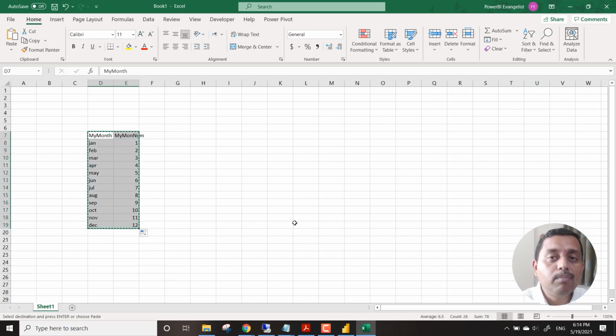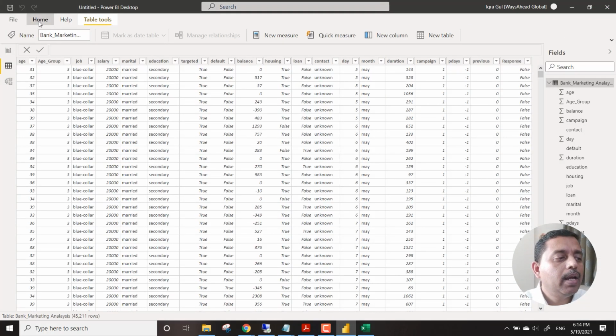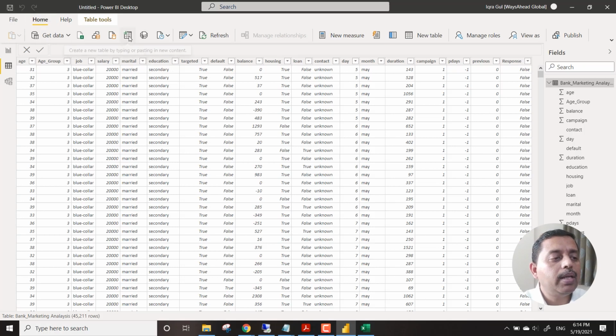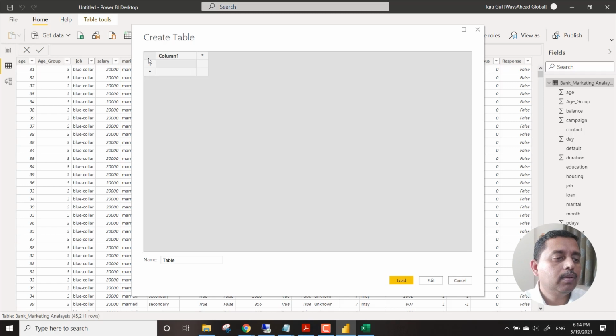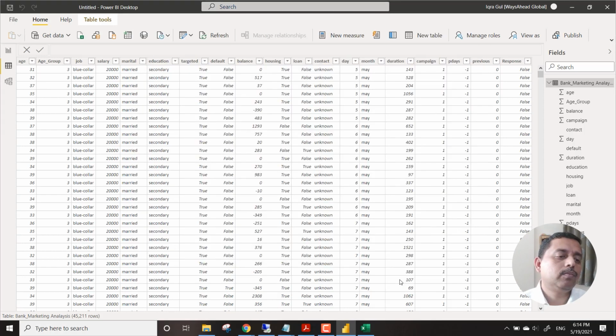This is a very simple idea. We copy this, we go here to Power BI, and we insert a table by pasting data. We paste this data and call it, let's say, my months, anything, and we say load.